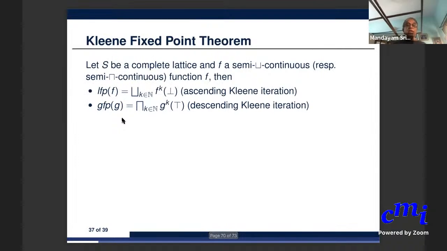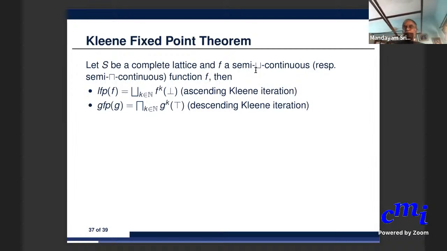And that's what is captured by Kleene's fixed point theorem. So it says if S is a complete lattice and F is semi-continuous,